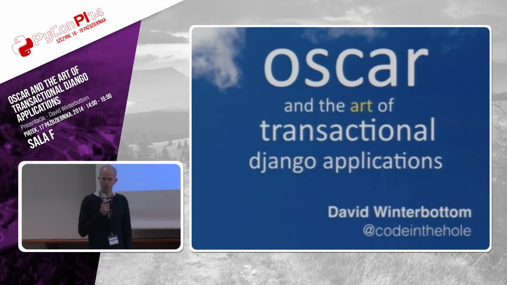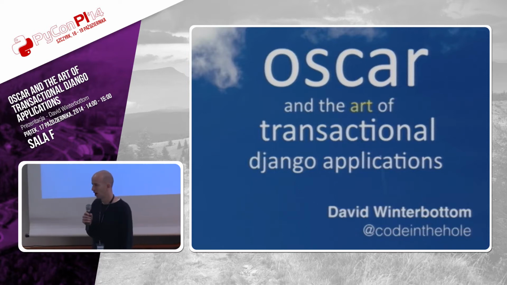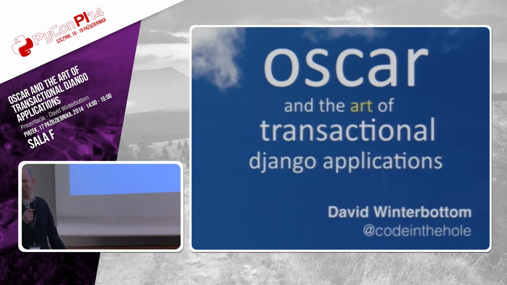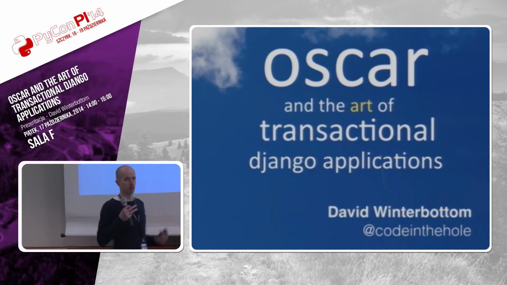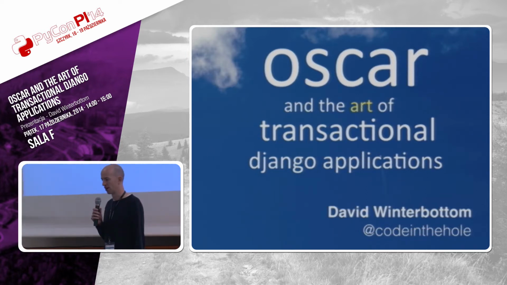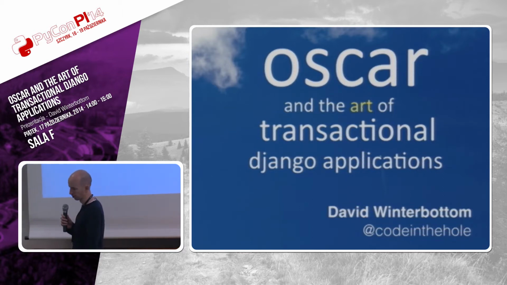So today I'm going to talk a little bit about Oscar, this piece of software that I wrote with help from lots of other people around the world. It's an e-commerce framework. I'm going to talk a bit about why it exists and what problem it solves and who it might be useful for, or if bits of it are useful. I'm going to talk a little bit about the techniques it uses to try and be flexible with software.